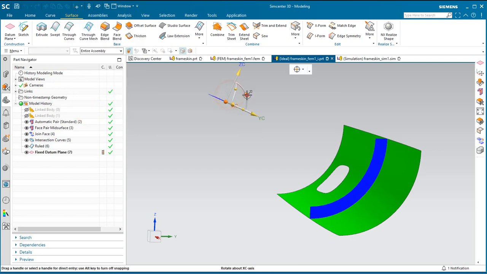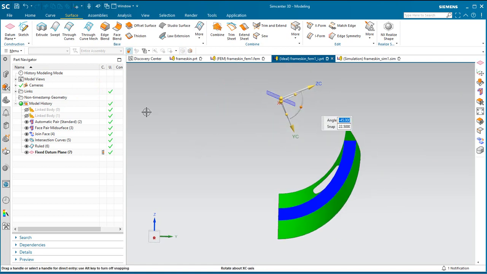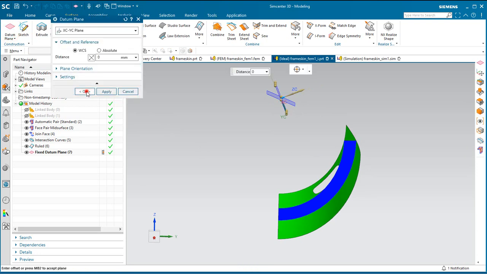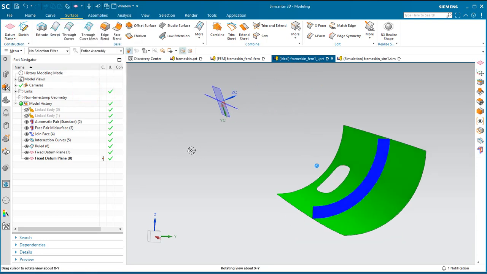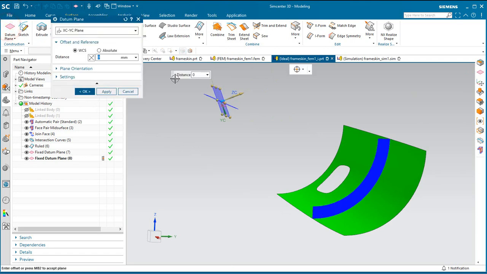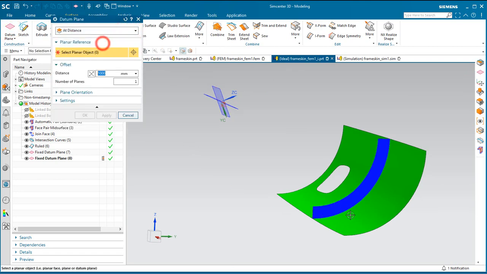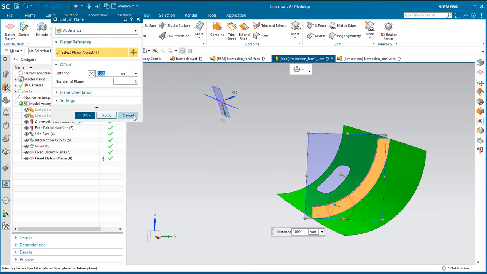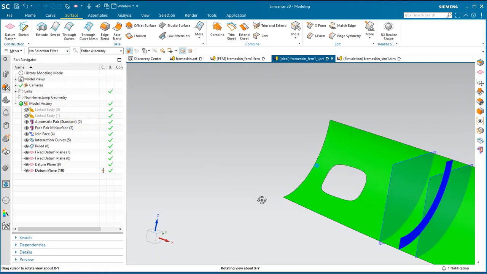So we'll put one there and another one at 45 degrees off of that. And then I'll also define some datum planes on either side of the frame. So I'll put those 1,000 millimeters on either side